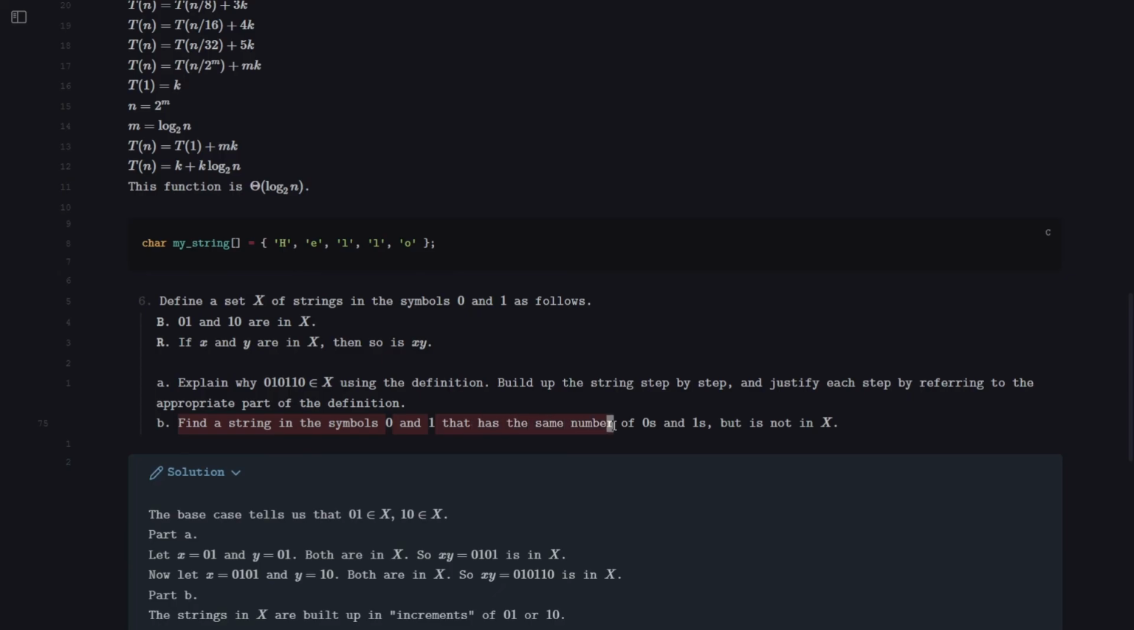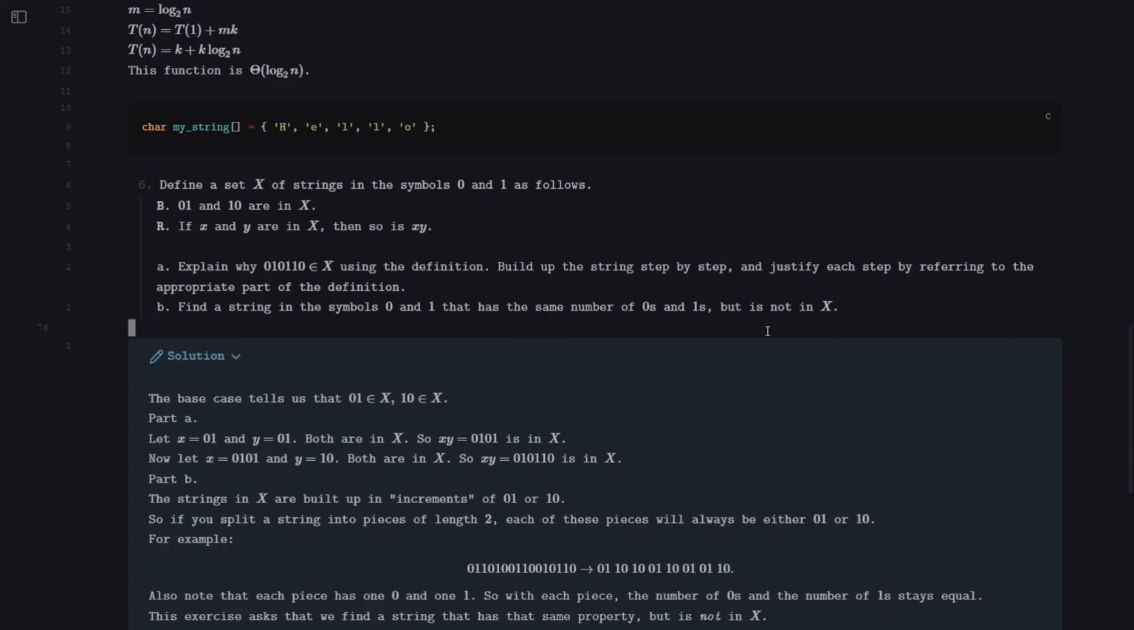has the same number of zeros and ones, but is not in x. Okay. Now, you can pretty much just make a guess, like 1100 is going to be a counterexample that is not in the set, but we can do that. We can find the solution more systematically, and in that way we can also be sure 100% that it's correct. So first, you notice that